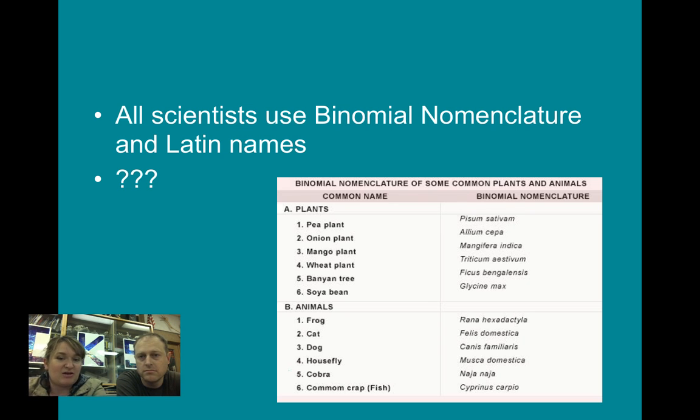You can look at them and figure out a little bit about them sometimes, like Felis domestica sounds like domestic, so that's the domestic cat. Canis familiaris. You are going to need to be able to remember the hierarchical order and identify something by its genus and species. Then we're going to create a dichotomous key to key out organisms based upon their characteristics. That'll be the second part to this.